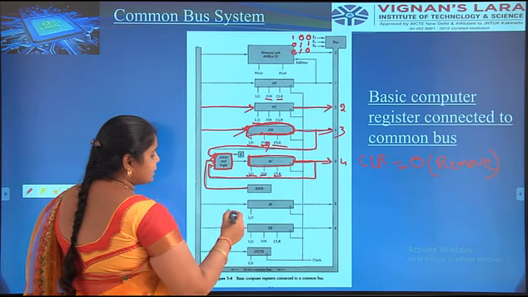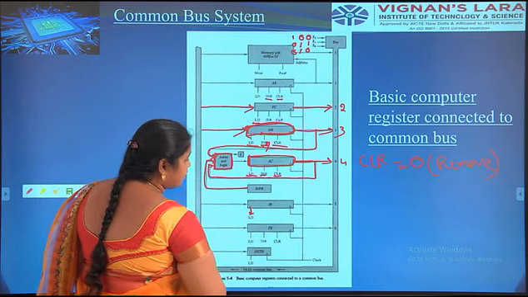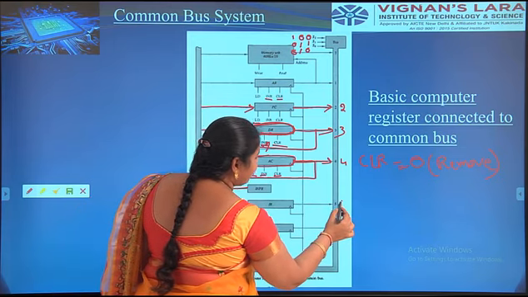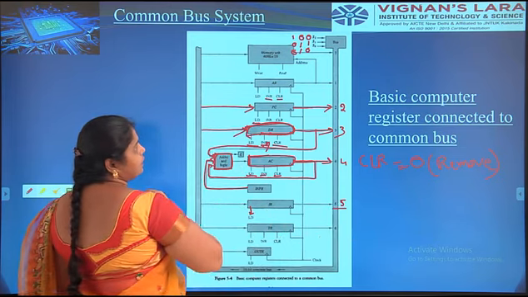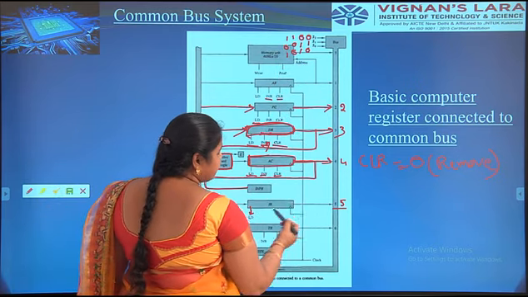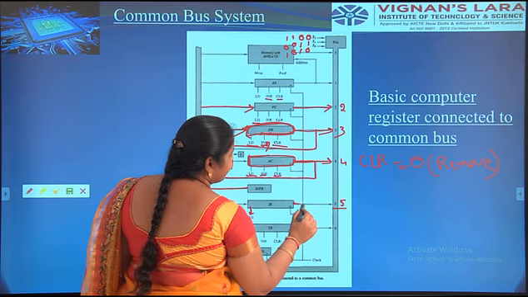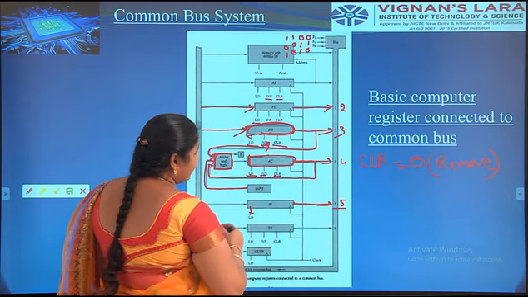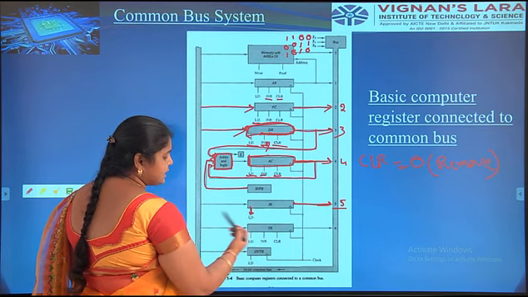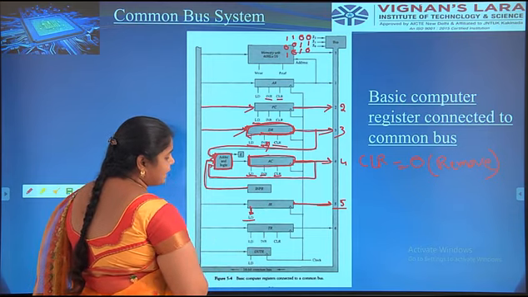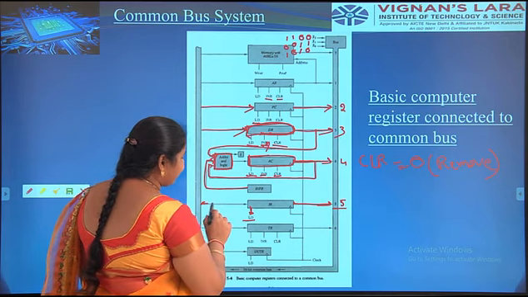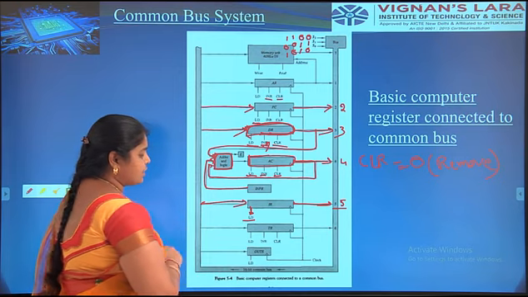The instruction register contains only the load, no clear and increment operations. Here we have to take 5 as an input. Then IR is enabled and IR transfers the information to the common bus. Here the instruction is not incremented, only the load operation is performed. Here load is enabled, the information from the common bus performs the operation and is transferred to the IR, the instruction register.